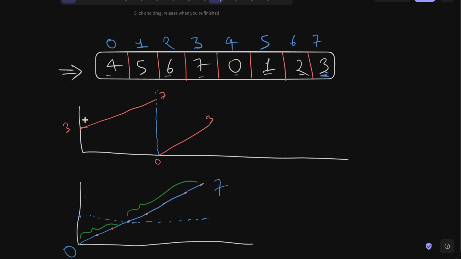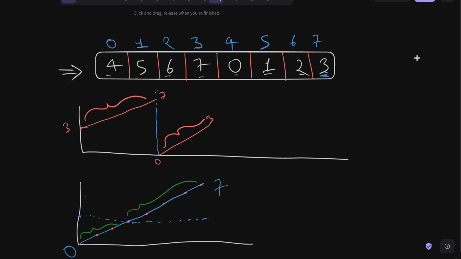You have two parts. You have two properly sorted parts. One sorted part is this, another sorted part is this. So we need to figure out some way with the help of this visualization to create the binary search algorithm that will help us to find out any element inside of this array. The reason we are using binary search algorithm is because it is strictly told in the question to use order of log n solution. And mostly when you're talking about log n solutions, you can only use in most of the questions binary search. So now that we are using a binary search, we know that we will have to